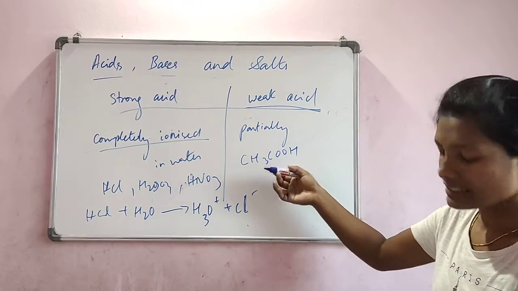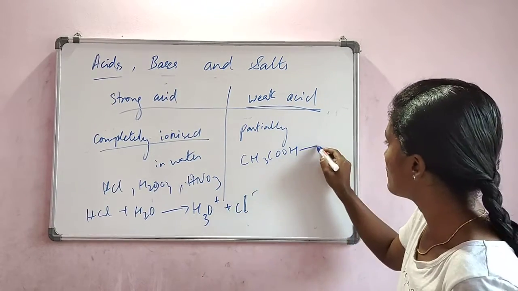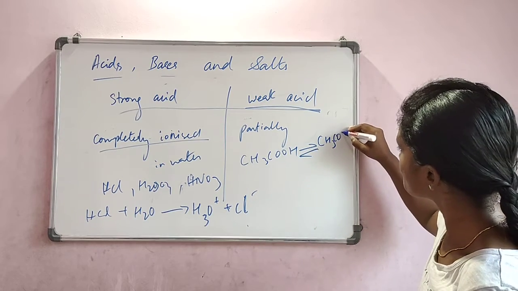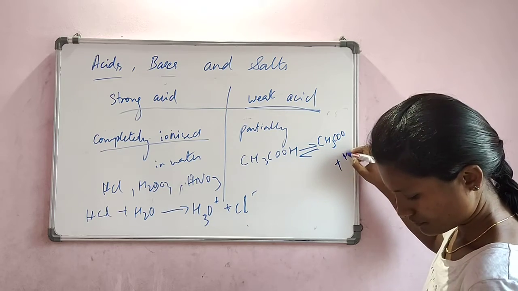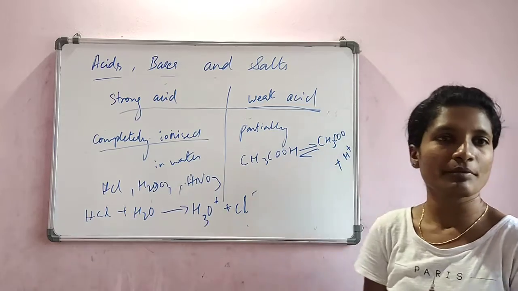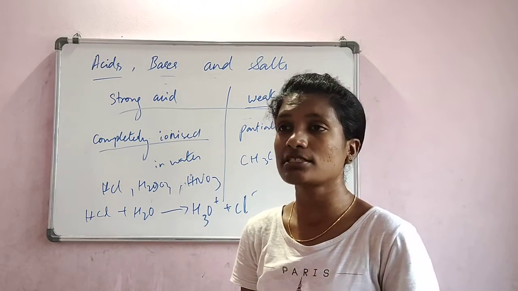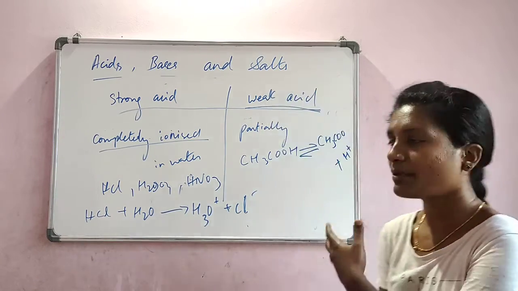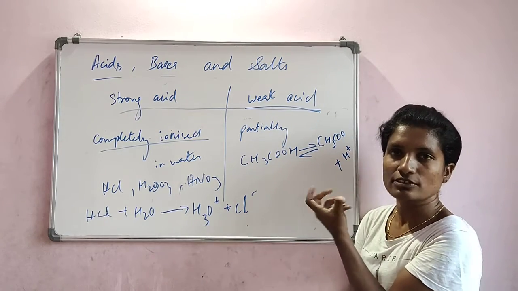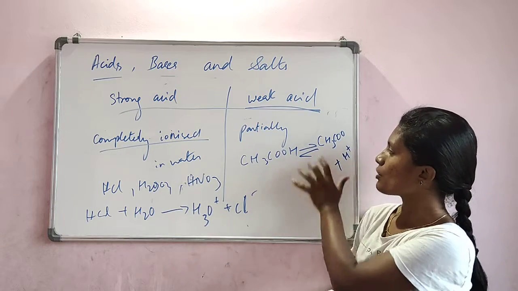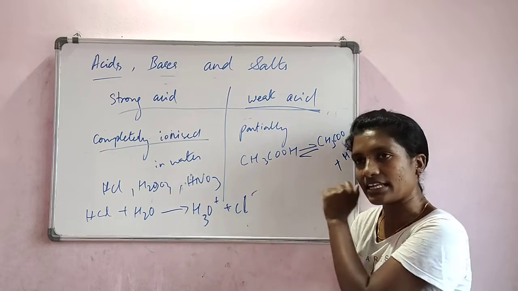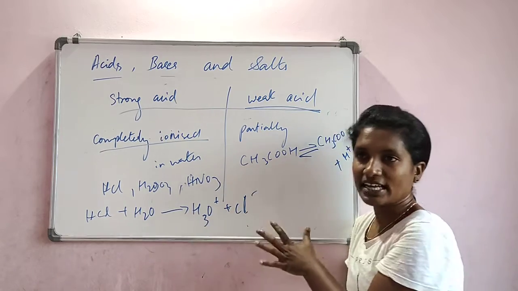Whereas here let us take an acid, that is acetic acid. If you observe, I have used a double arrow. What do you mean by a double arrow? The reaction is reversible, right? The acetic acid gets decomposed, and after a few seconds or after some time, the ions will again combine together to give acetic acid. Whereas here, HCl completely gets ionized.